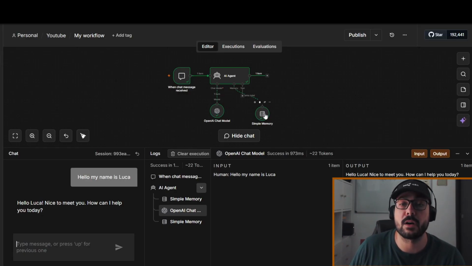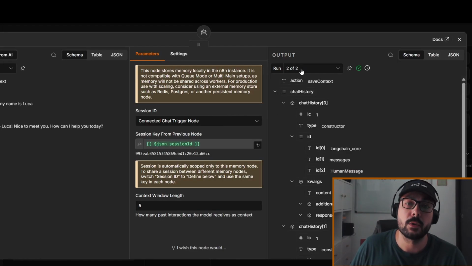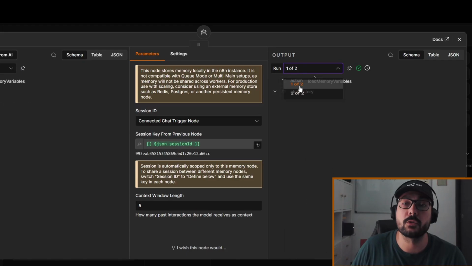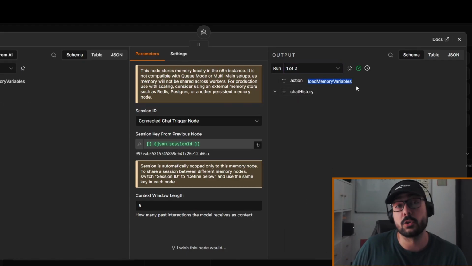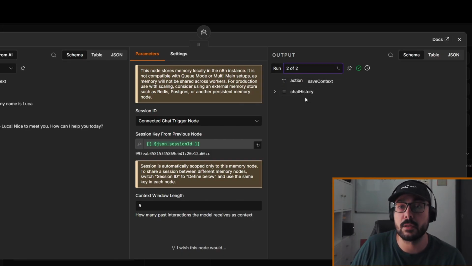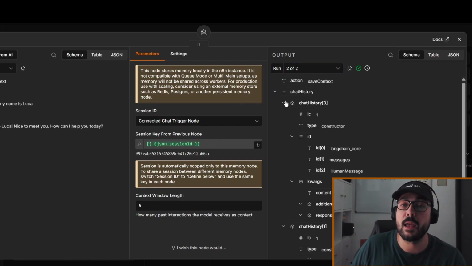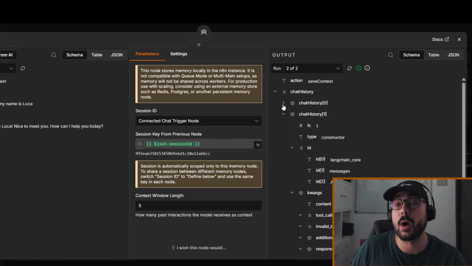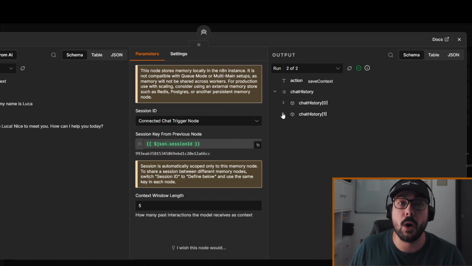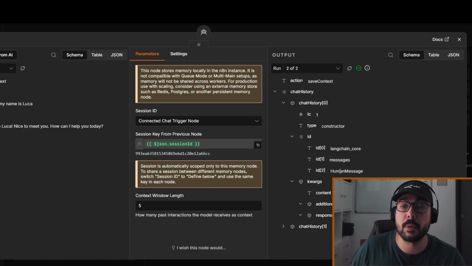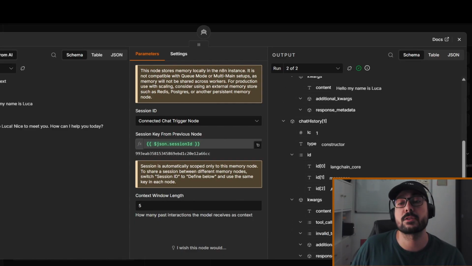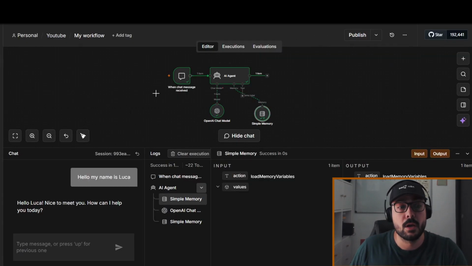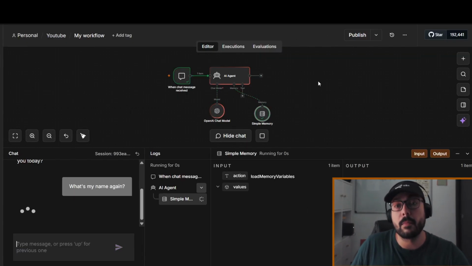This is because the first run, if we double click the simple memory, we can see in this case, output 1 of 2 was the load memory variable, which returns an empty list because this was the first chat of this new session ID, while the second run is save context, and we can see that in the chat history list we got 2 items, chat history 0 and chat history 1. The first one is the human message, so our request, "hello, my name is Luca," and the second one is the AI message, so the response from the agent,